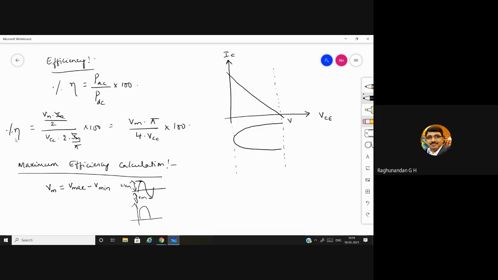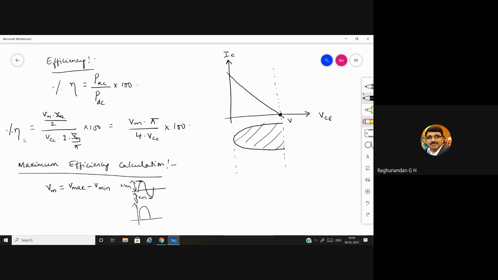We already have only a half cycle, and that half cycle we are stretching. Maximum swing means, what is the maximum level of amplitude we can have? This is the signal which we can get. At this particular point, can anyone tell me what is the maximum value of this voltage we can get?